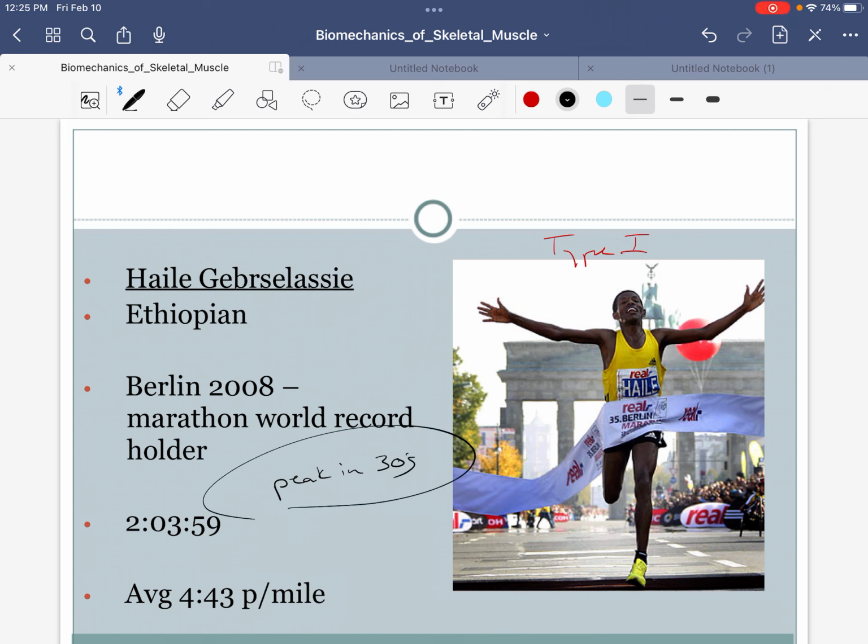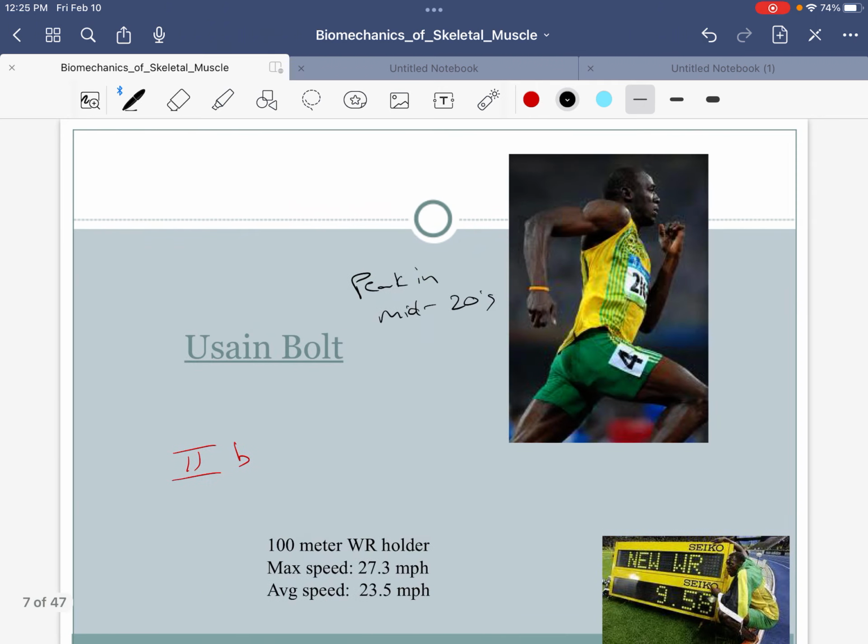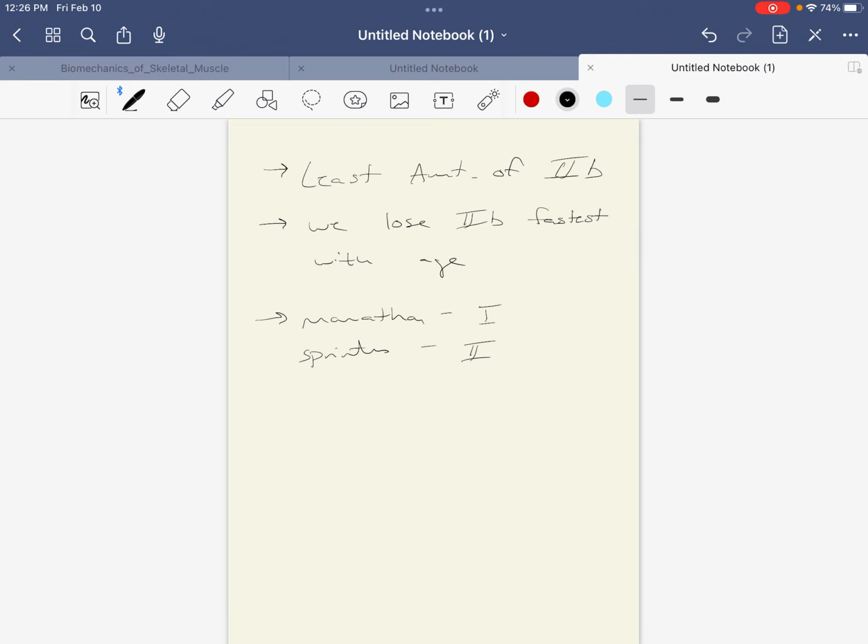Why? You will see older people win marathons. It's very unlikely that you'll see a 35-year-old win the 100-meter sprint at the Olympics. What is one of the reasons behind this? Probably the primary reason is that as we age, the first type of muscle fiber that we lose is the type 2B. We lose type 2B the fastest. This is the rationale explaining why the fastest sprinters in the world are younger compared to the fastest marathoners and when they can peak.